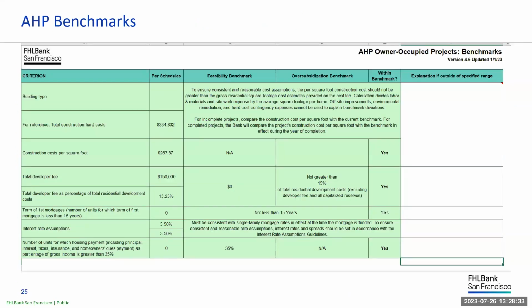So after completing the worksheet, check the benchmark tab to ensure that there are no deviations. The construction cost per square foot benchmark will need to be checked manually. So for all benchmark deviations, a detailed quantifiable explanation and supporting documentation is required. For example, if there is an overage in the construction cost per square foot, we will need a quantifiable explanation